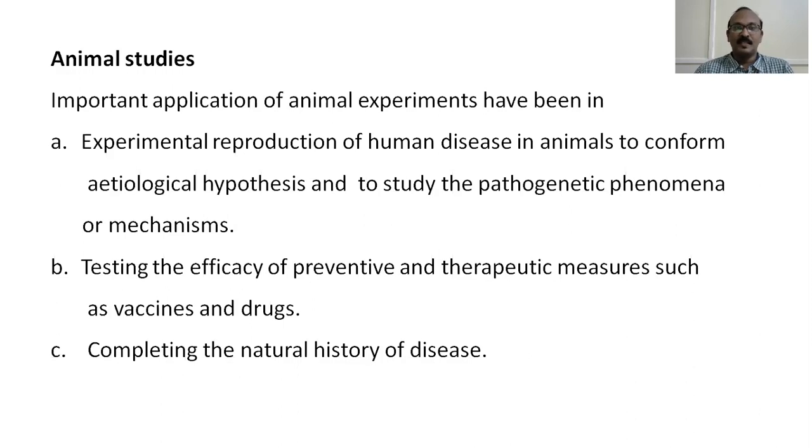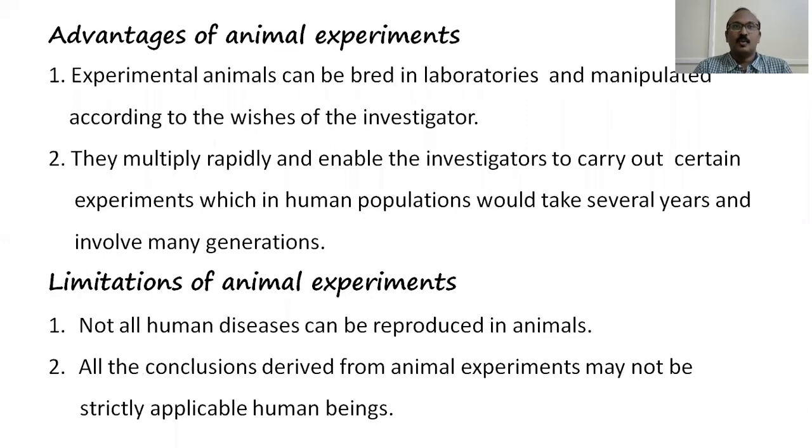So animal models serve as good indicators of the pathogenesis of disease and subsequently the application of preventive and therapeutic measures. So what are the advantages of animal experiments? Experimental animals can be bred in laboratories and manipulated according to the wishes of the investigator. They multiply rapidly and enable the investigators to carry out certain experiments which in human populations would take several years